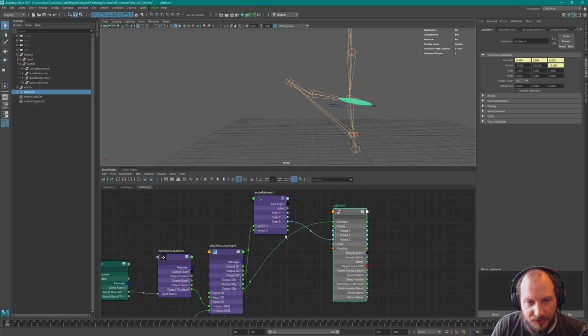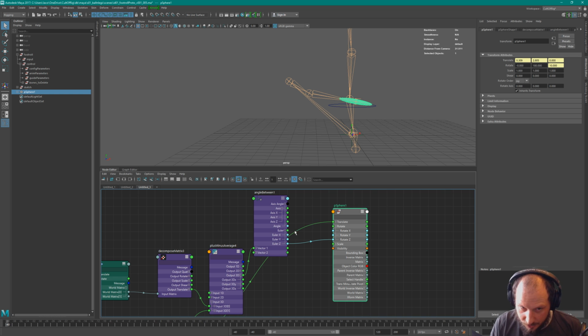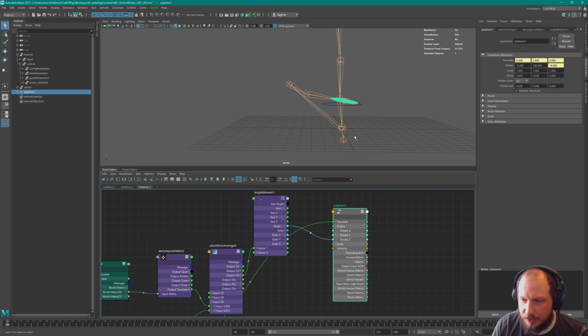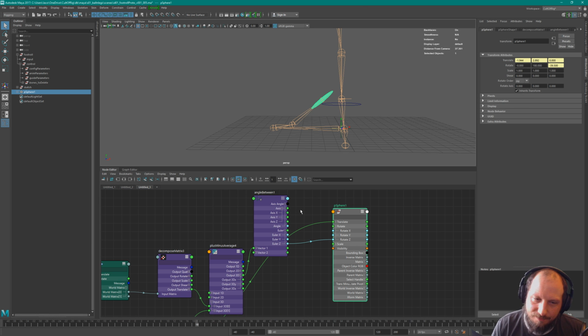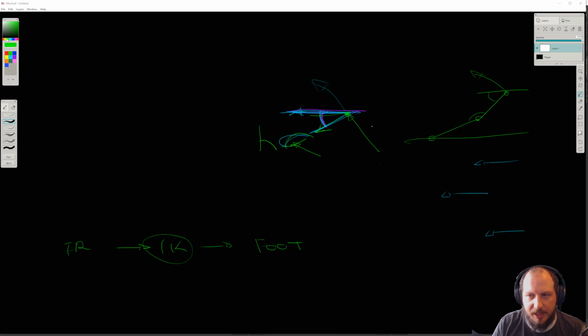Can you take the angle output instead? Yes, you can, but that's axis angle. You could do that, and you will get exactly the same result in this case. Axis angle is one way of describing a rotation, where you give it an axis that describes some general orientation in the world, and that will give you two parts of a Euler angle, and then you rotate around that axis, which is like orienting everything with an aim constraint and then rolling around it. So there's not a lot of difference in this case, but let me explain what the